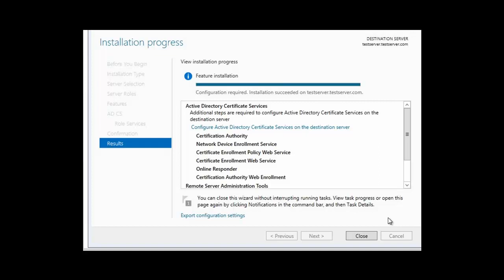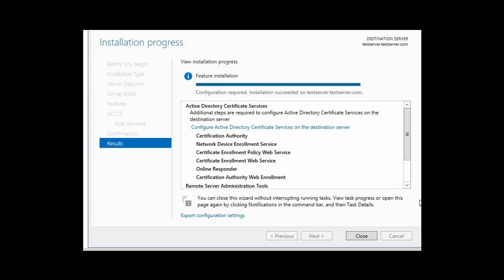We're going to continue by configuring the Active Directory Certificate Services server as an enterprise certificate authority. An enterprise certificate authority would be the certificate server that issues certificates, manages certificates, and that is joined to the